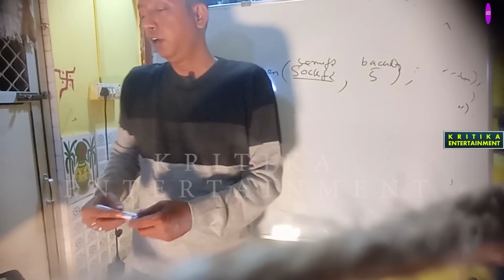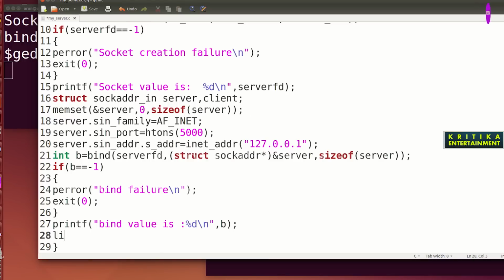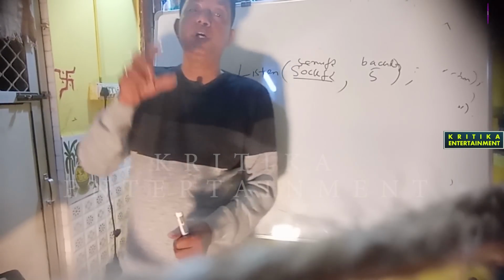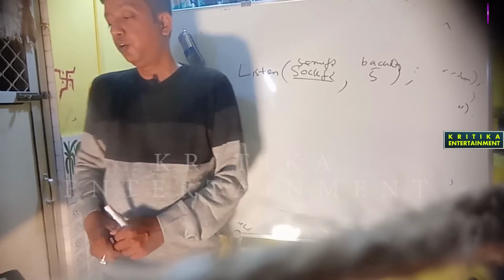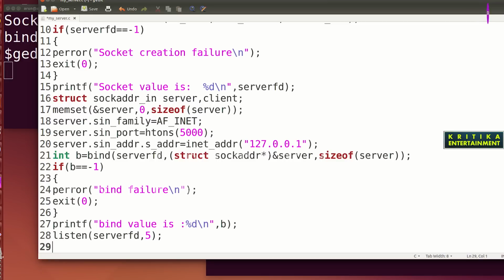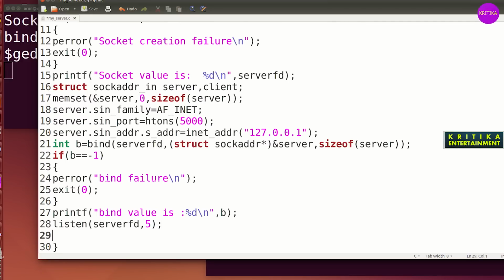So here you will write listen, okay. Here you will write server FD, then you will write the 5, that is the number of clients that will be connected to the server, okay. Then after this, what to write here? Now printf, okay, you write "server is ready",